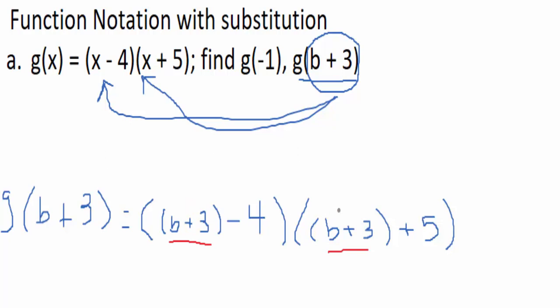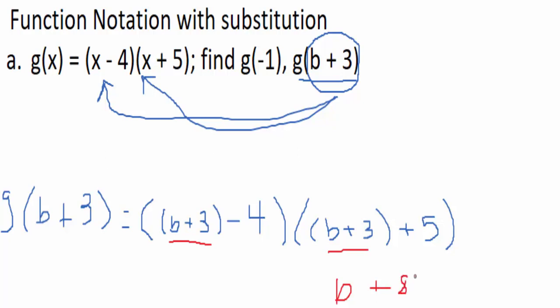Let's look on this side too, it'd be a little bit more clear. B plus 3 plus 5. We are allowed to add these in any way we want. This is called the associative property of addition. So since we can't add b to anything, we're going to add 3 plus 5 first. So we can have b plus 8